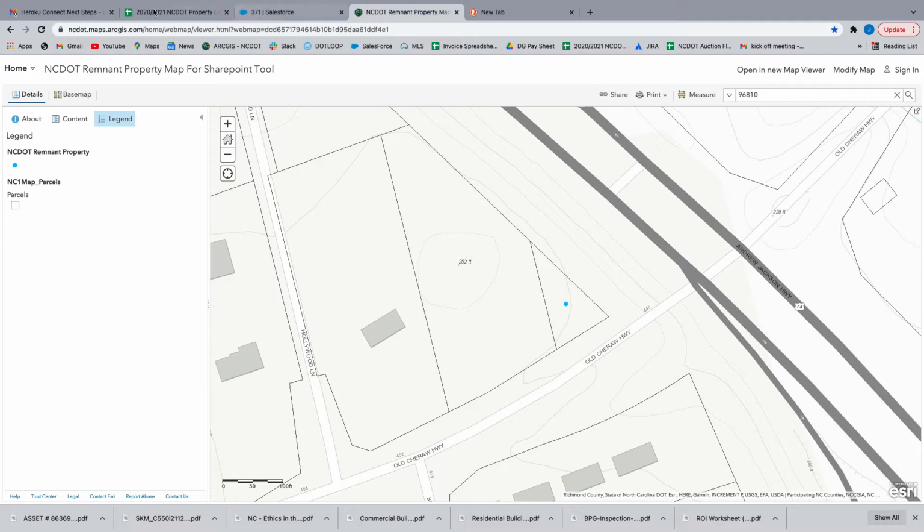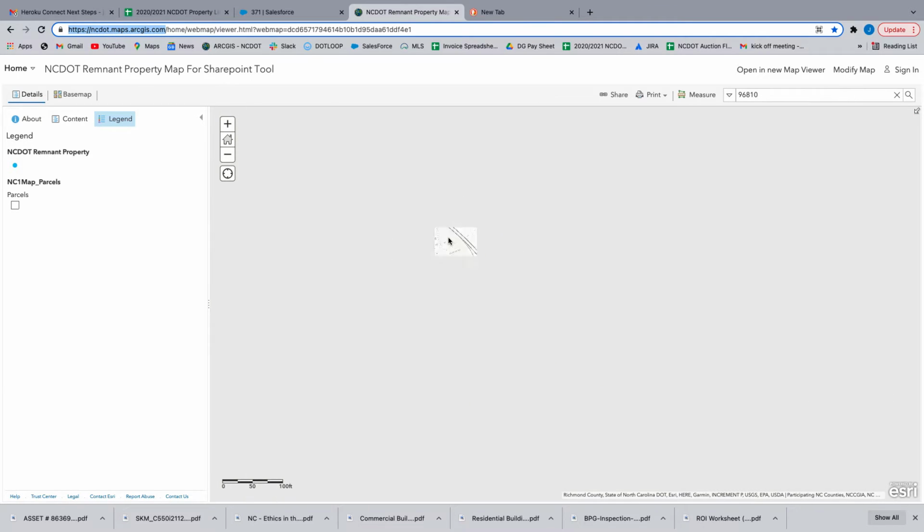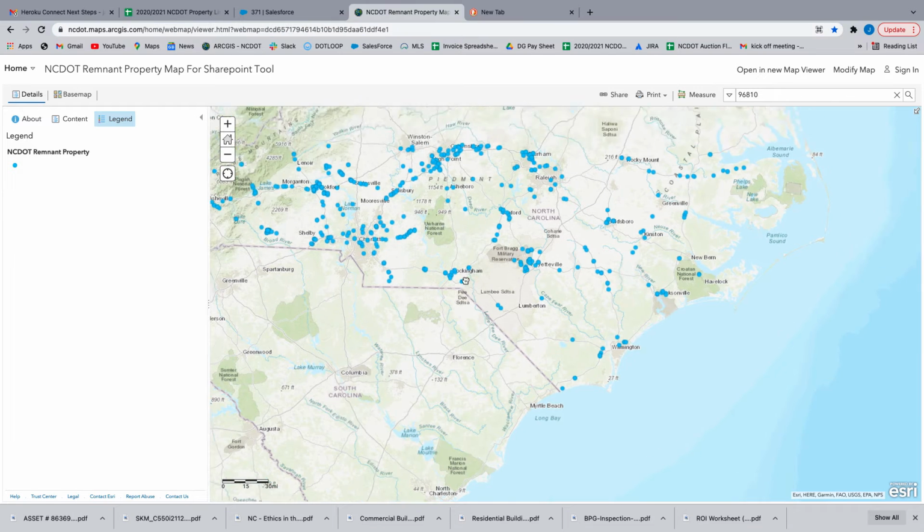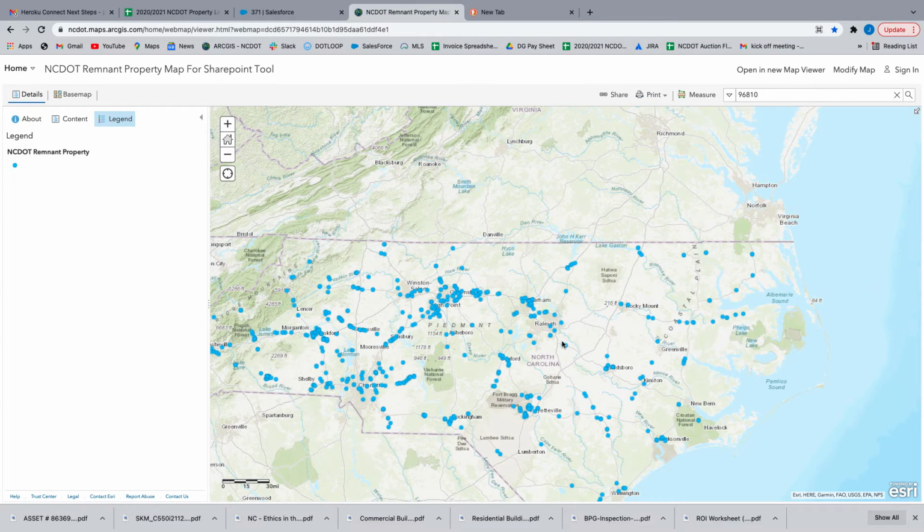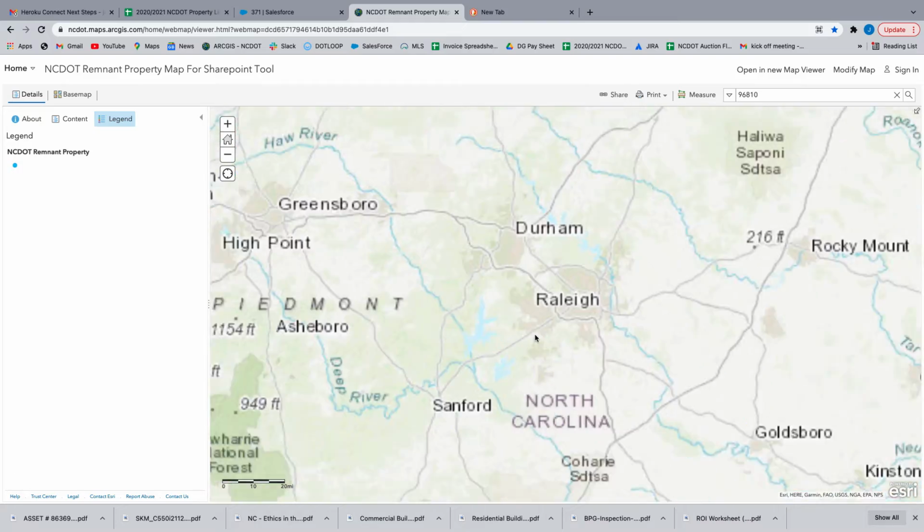ArcGIS, a large GIS database with information for tax records and property data. The North Carolina Department of Transportation uses this and has an overlay, as you can see here with the address. If you scroll all the way out, all of these little blue dots are remnant properties in the state of North Carolina that either are for sale or were for sale, and maybe they're under contract now. We control a lot of these assets, and this is what we auction off for the